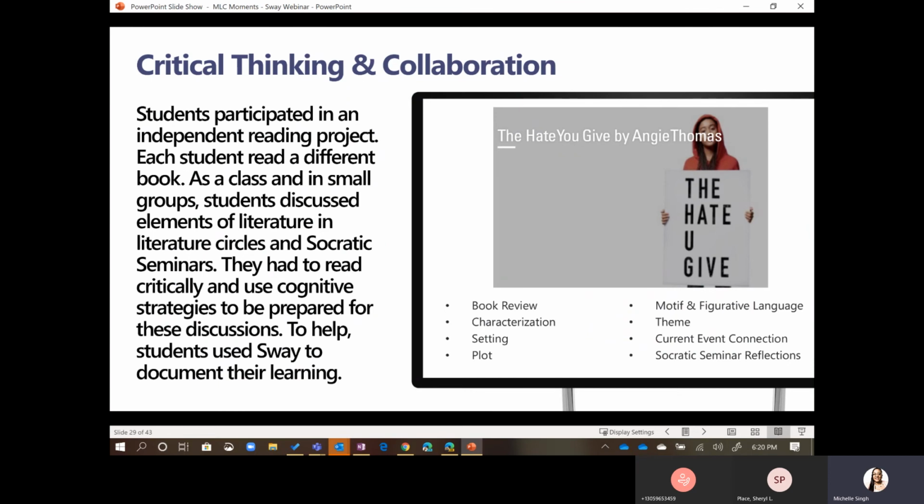And after those Socratic seminars, the students had to reflect, and those reflections were part of the Sway. So the students were reading critically, and they were obviously using those cognitive strategies to be prepared for those seminars and those discussions. So the Sway helped them to document their learning. They completed a book review. They documented